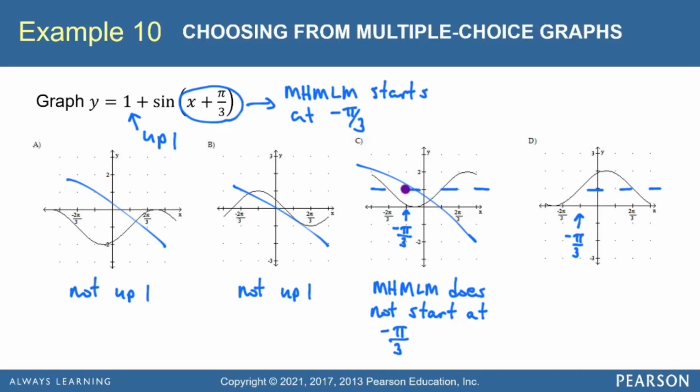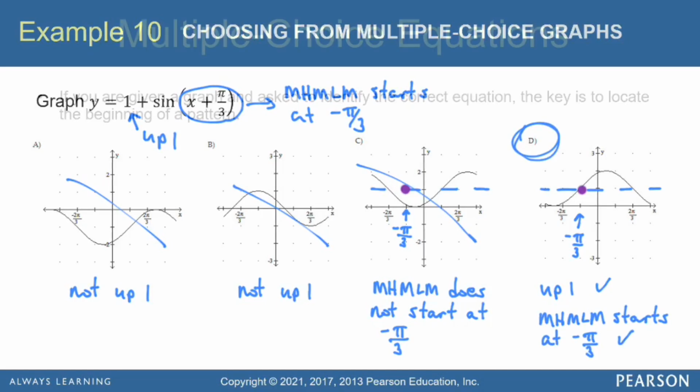And then let's remember where the middle of our graph should go. So if the beginning of the sine pattern should start right here at negative pi over 3, we would expect that first dot to go right there, and it does. So notice you can see the beginning of the sine pattern, middle, high, middle, low, and you can't see the rest of it. But we have enough to know that this graph matches the function we were given because it's been shifted up 1, and it also has the pattern starting at the correct place. So that is the